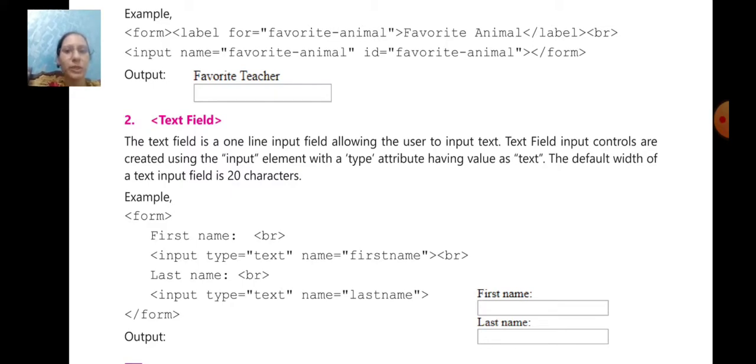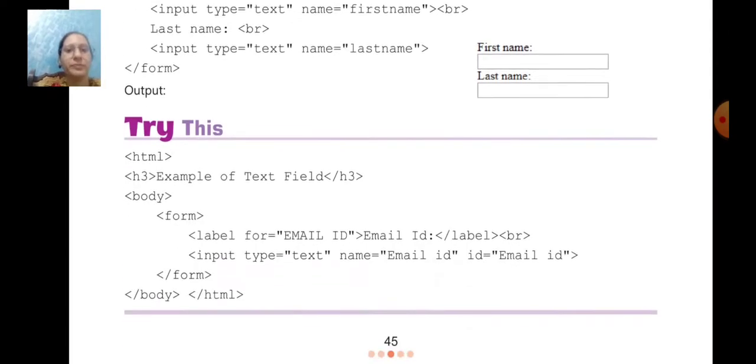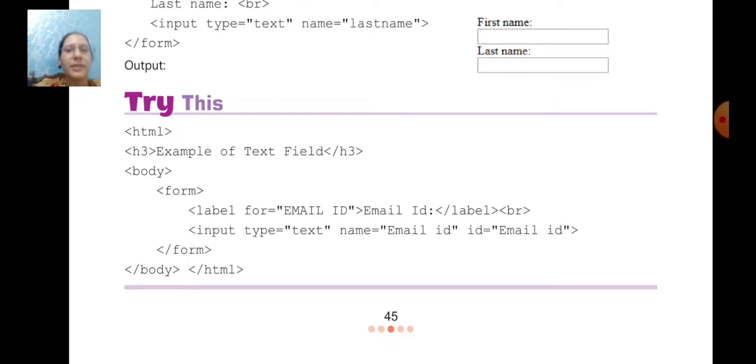We get two input fields: the first text box with a first name label, and the second text box with a last name label. See, first name is the label name and the type is text. You can type any name into this.